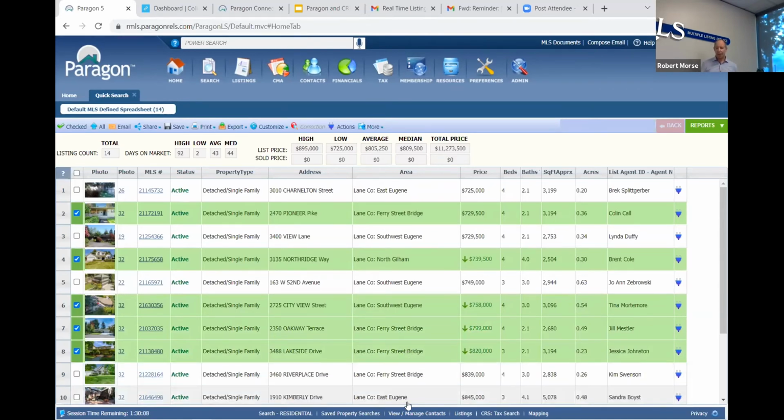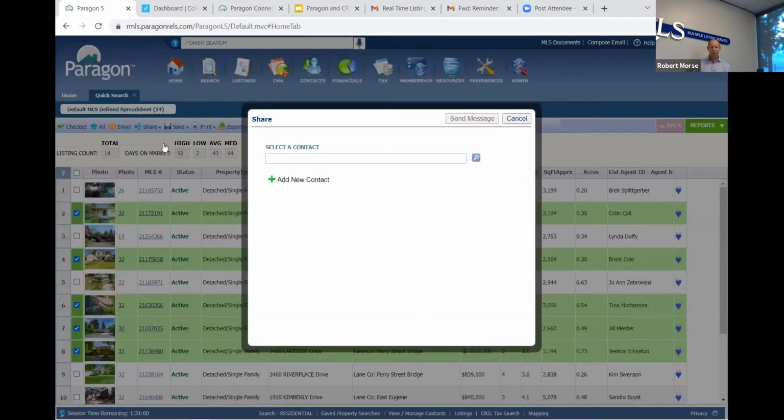Now let's go ahead and share them with one of my clients. We have a robust email system all integrated and built into Paragon. You can take advantage of that. You probably do that today in RMLS Web. That would be my guess. But also in Paragon, you have the ability to share via text. And this is something that we feel that you would really take advantage of. So I'm going to go ahead and click on share via text. And then the only thing I need to do is select a contact and send the listings we selected via